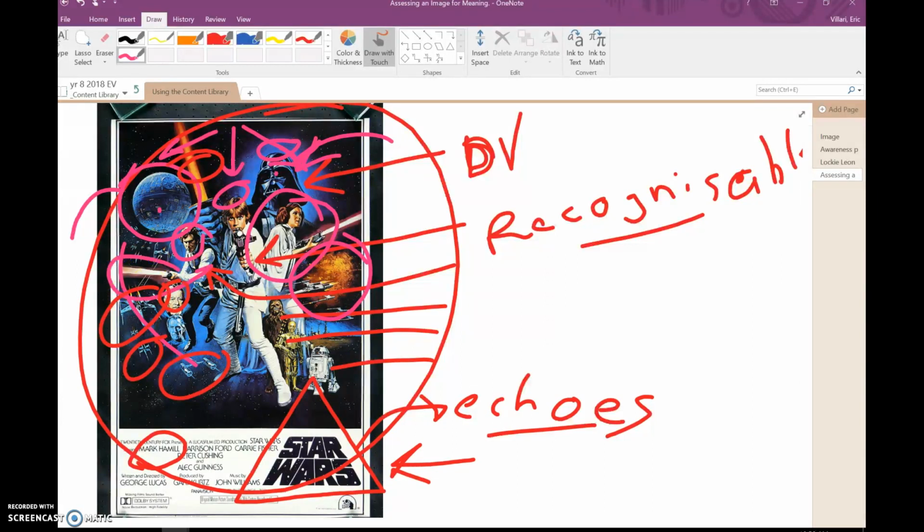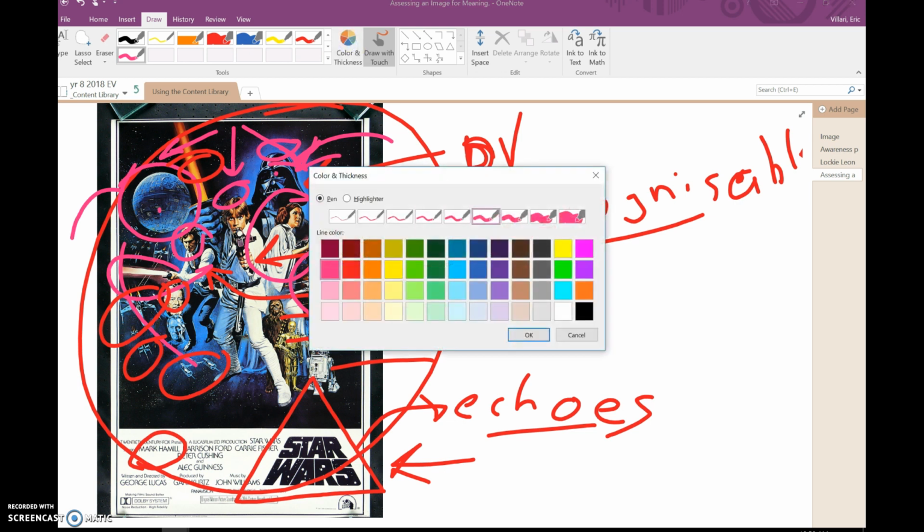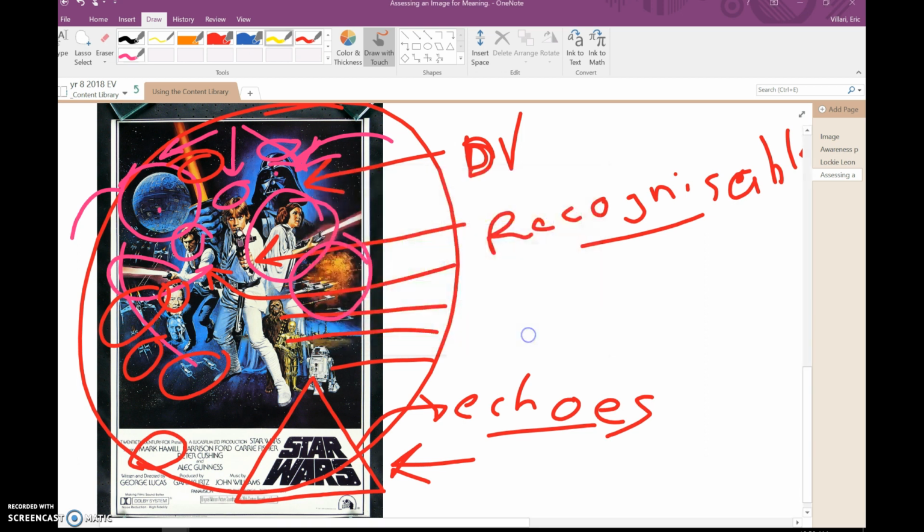In fact, every single one of them featured in the main part of the poster has a weapon. I better change colours here, otherwise it's going to get really confusing. How about we go to yellow for this bit. You've got Han Solo's gun blaster. You've got Luke's blaster looking directly at you, at the viewer. You've got another blaster to balance Han Solo's on the left. You've got Carrie Fisher's Princess Leia's blaster, and you've got the dreaded